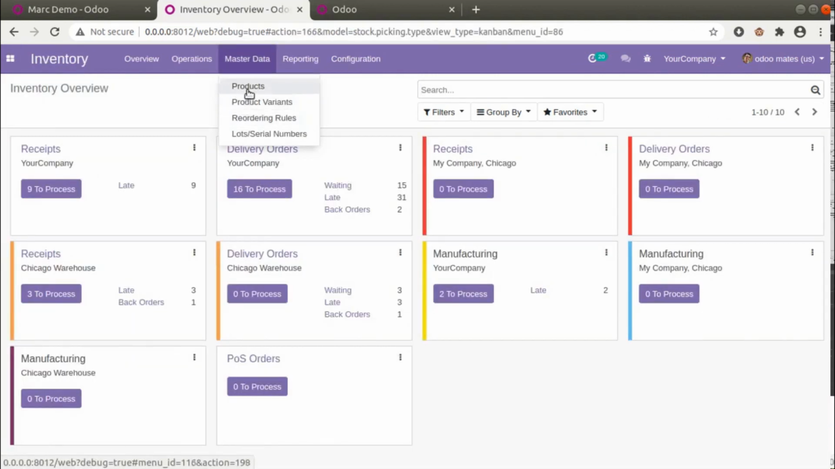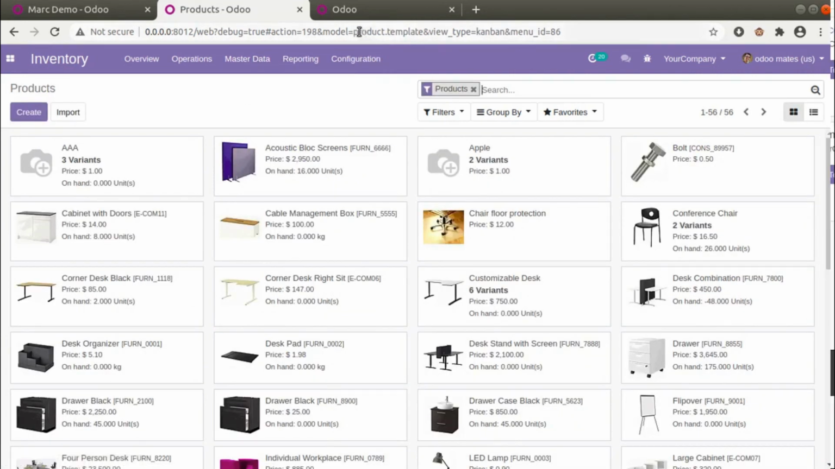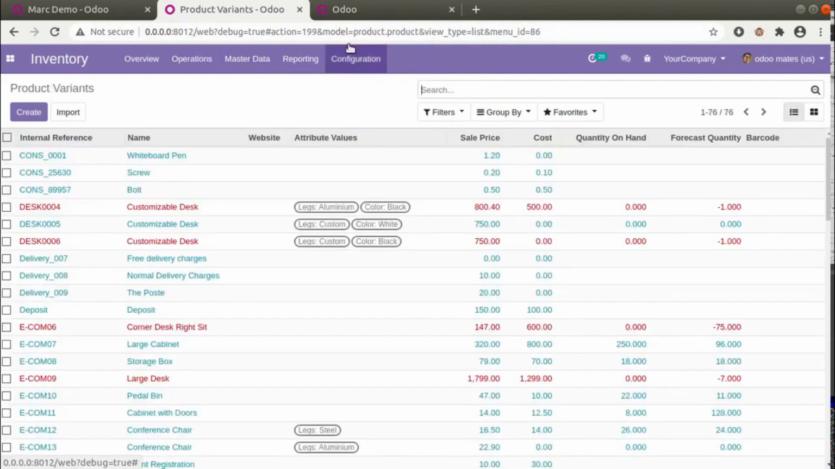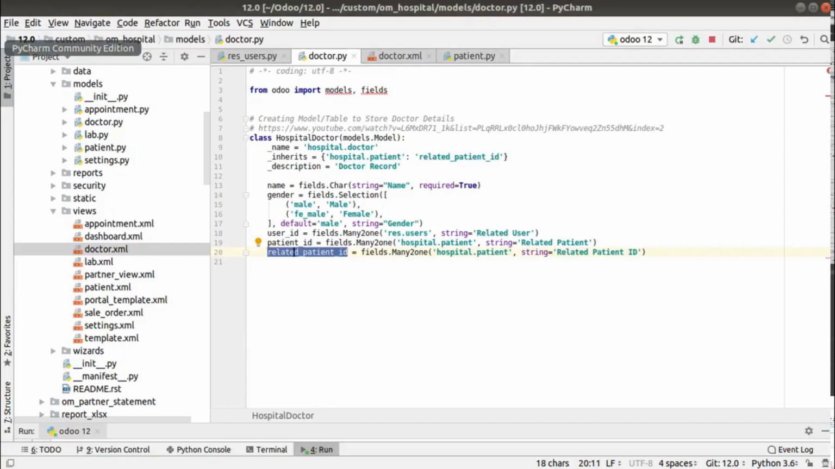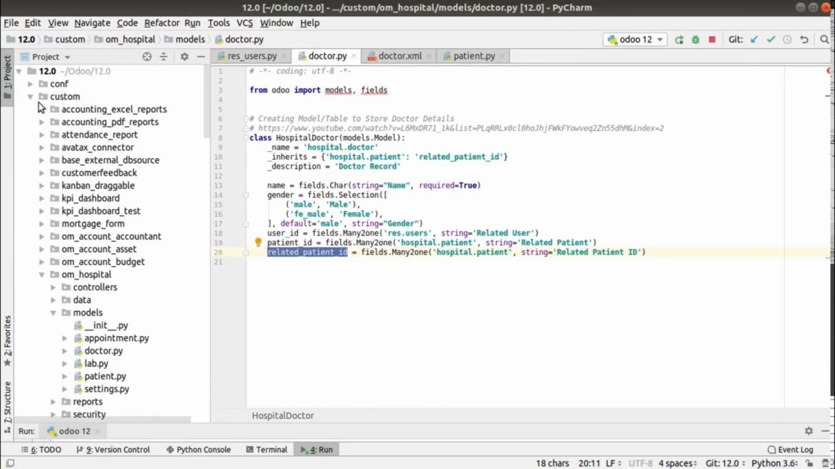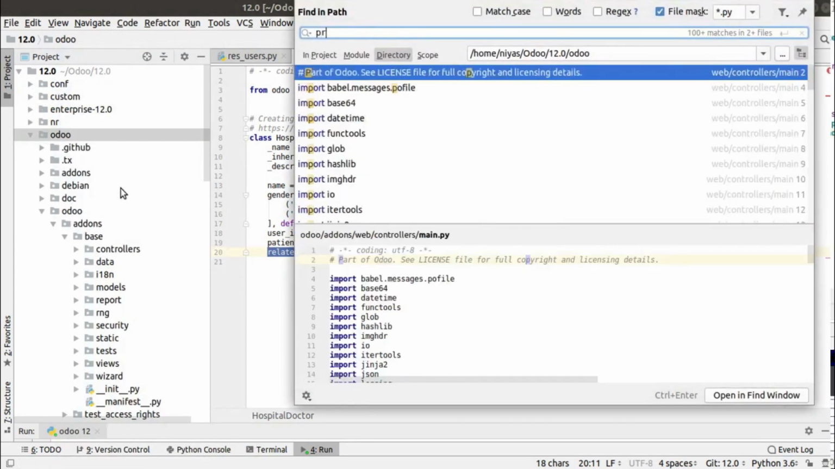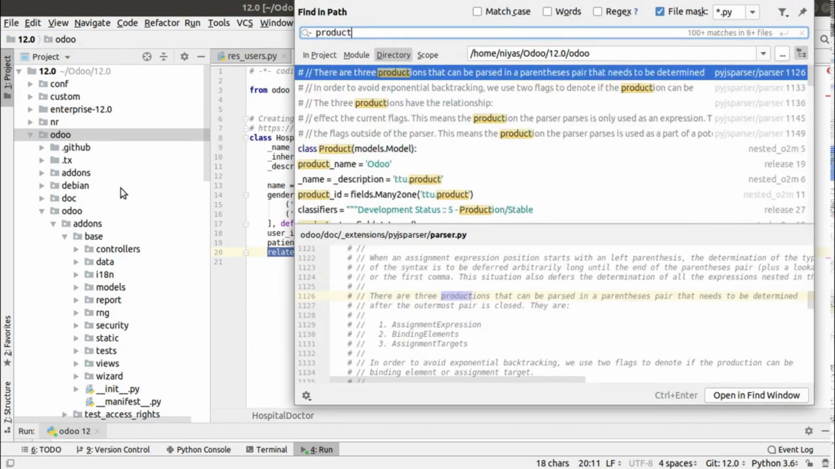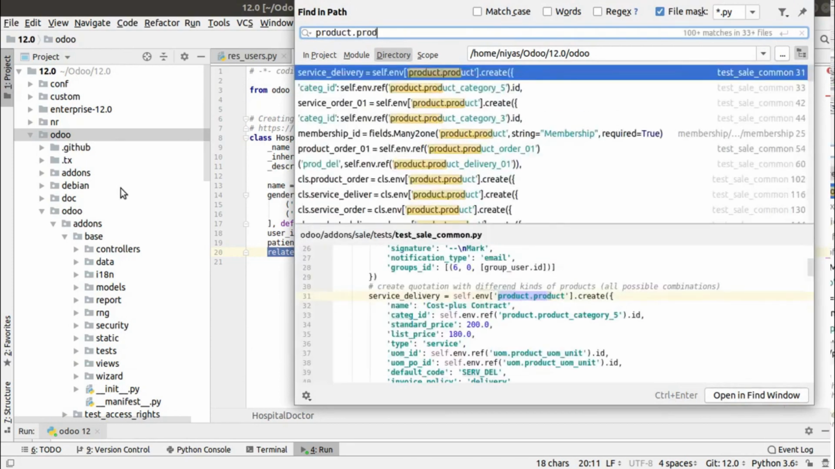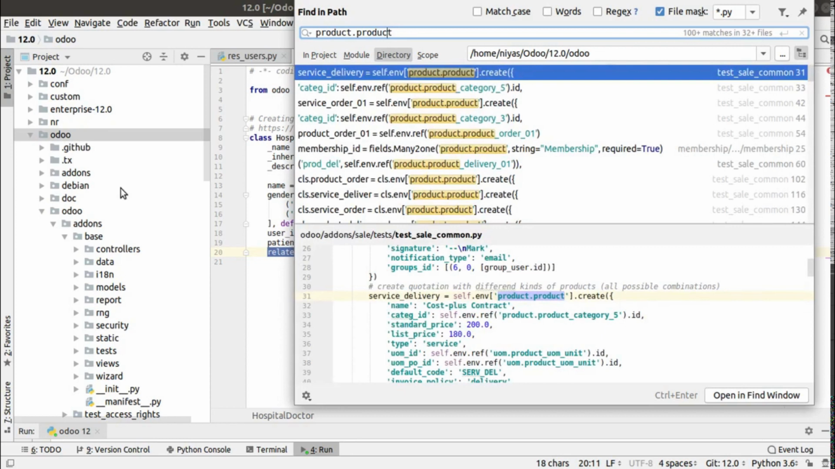tables, that is product and product variants. If you check the product, we can see the model name is product.template, and if you check the product variant, it is product.product. So product.product is created by inheriting the product.template model. You can see that if you check the corresponding code. So if I go to the database again, and go to the Odoo folder, and search for product.product